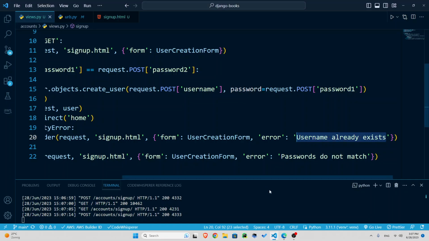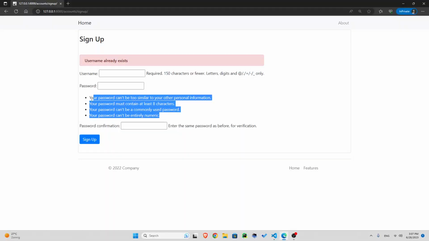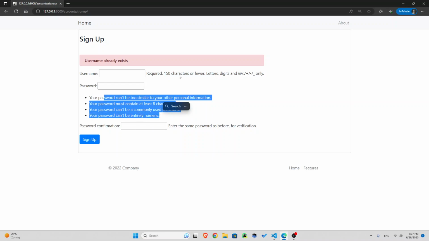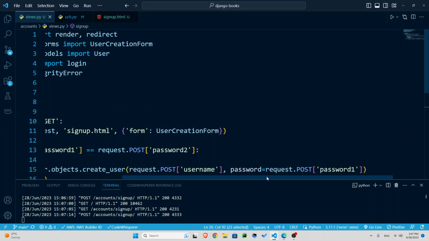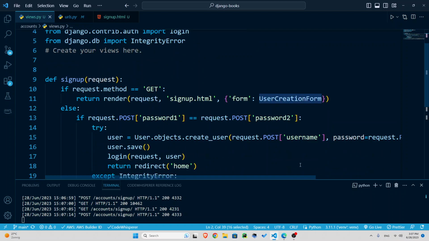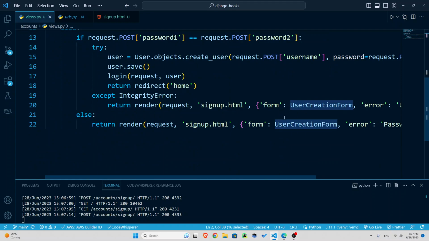Perfect. Now the only thing that remains is this kind of styling, so I'm going to get rid of these. This is the help text basically. So we're going to edit this user creation form, the one we have all the way here and also here. I'm going to create my own form using this user creation form. So inside